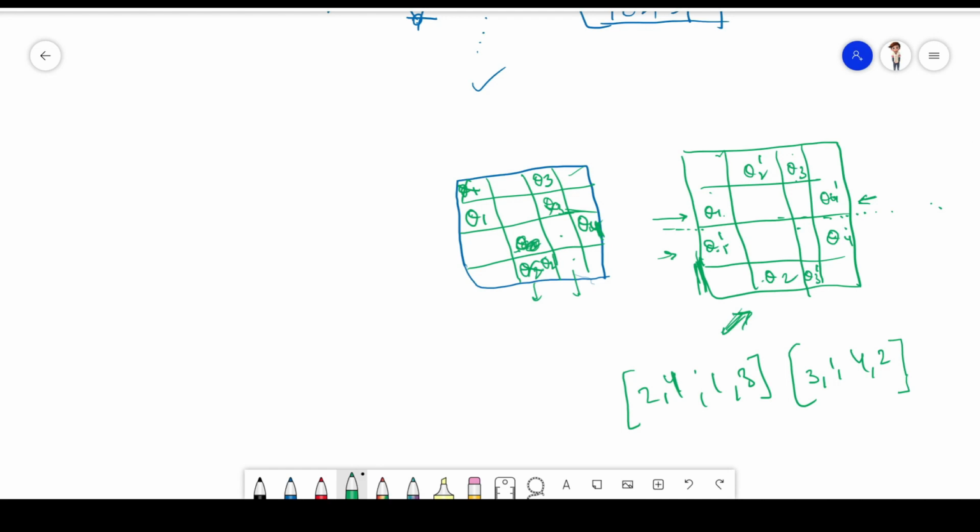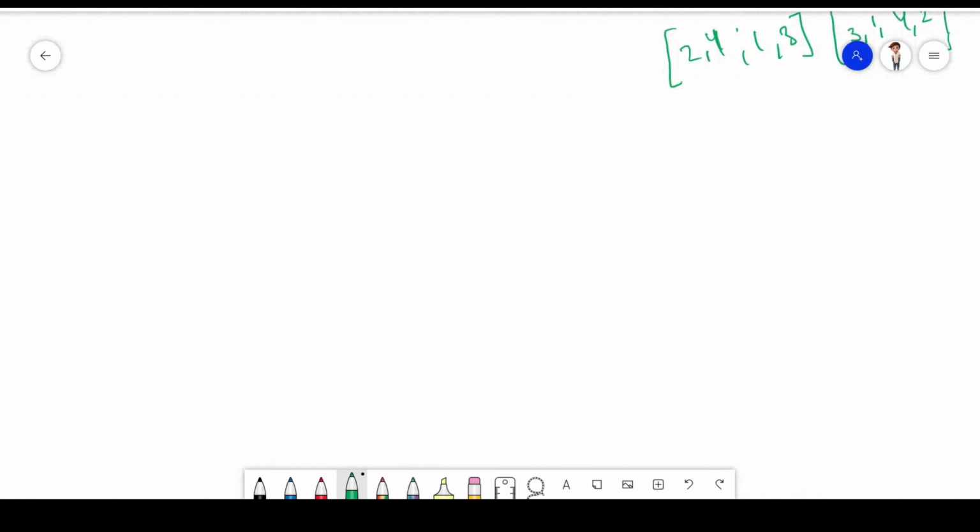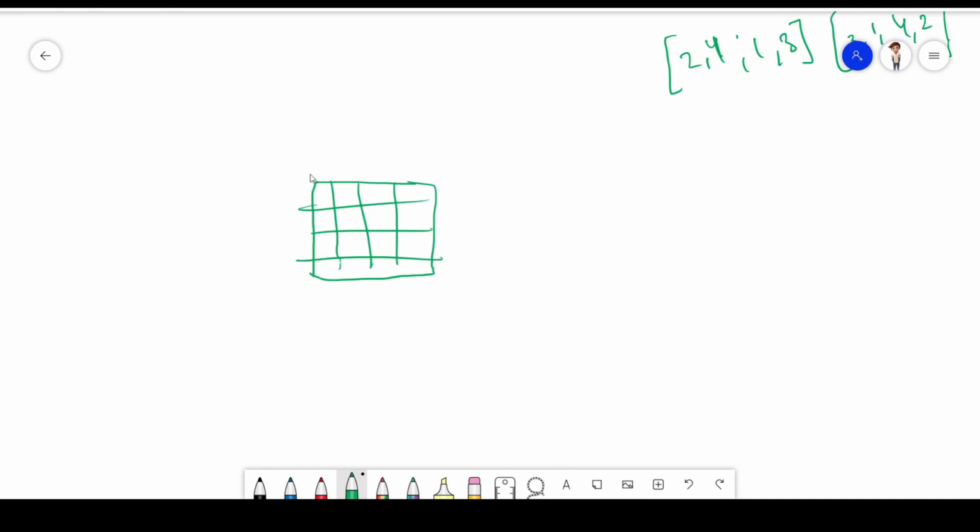So now I think I can write the code for this. So how to write the code for this? Let me tell you what I will do. For this column, I will check all the rows. If I can place this over here, if it is empty and not being attacked by anything, I will place my queen 1 at column 1.